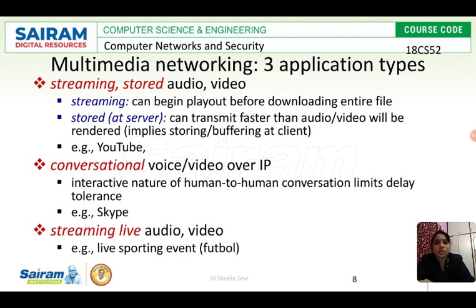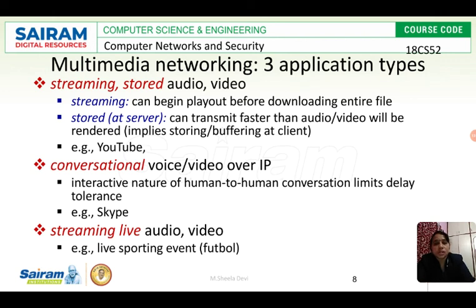It happens live, and the people who are in the group or in the meeting are communicating, and that is transmitted between all the people in the group. So it is conversational voice or video over IP. Another best example is Skype, and we have WhatsApp voice calls and video calls. These are examples of conversational voice or video over IP.